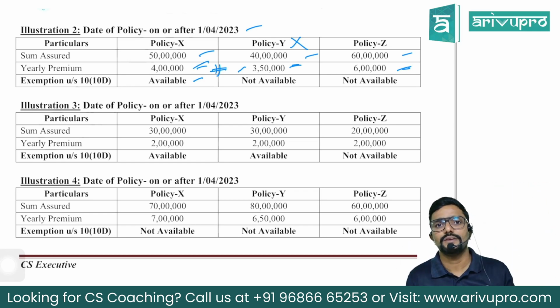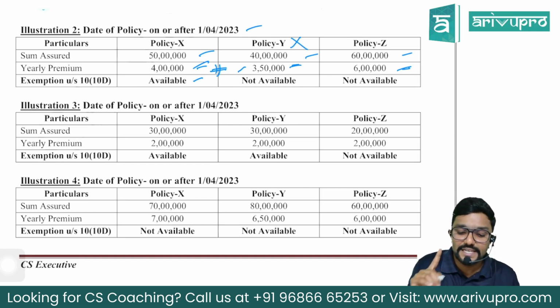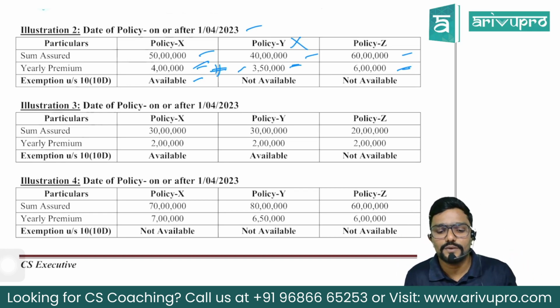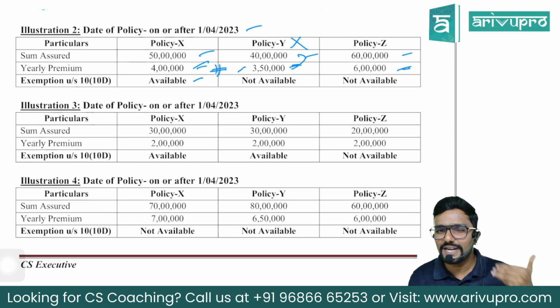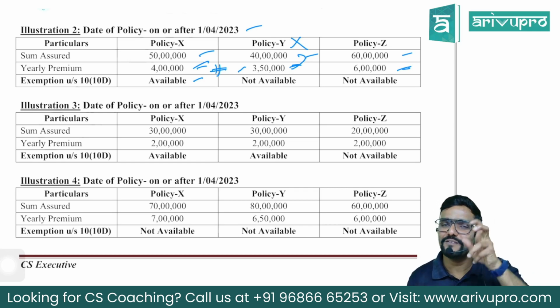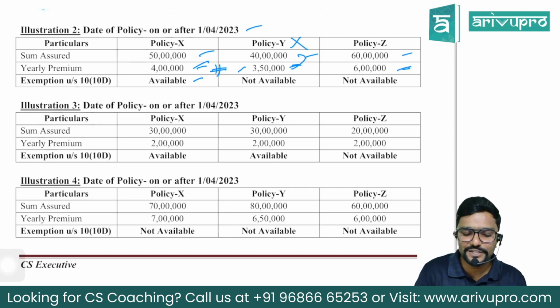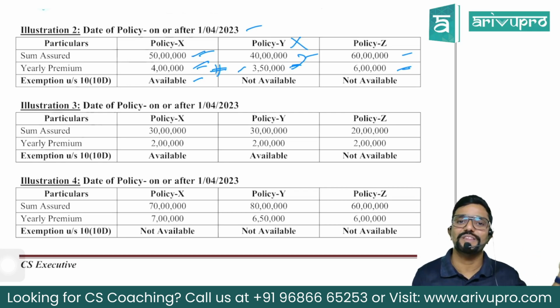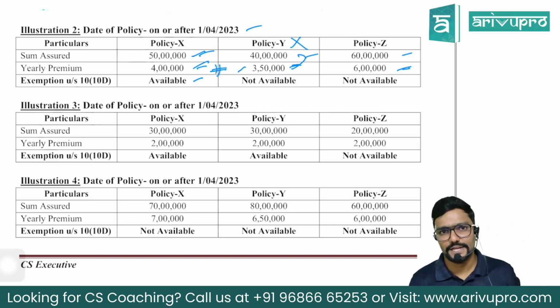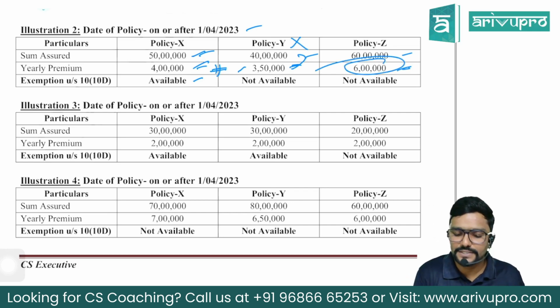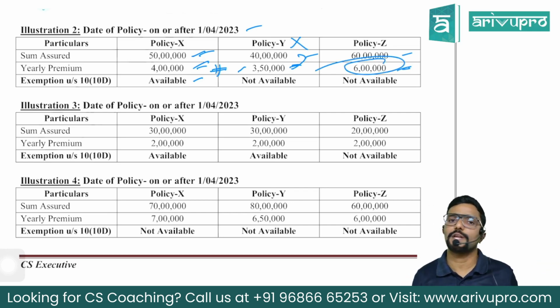Now you can ask me, sir, instead of X, can I claim only Y? Yes, you can, because percentage wise it is within the limit, and monetary wise it is within 5 lakh. But when you are claiming individually, go for the policy where the benefit is maximum. Where the sum assured is maximum, that is policy X. You have a choice between X and Y, but I would suggest going with policy X as the benefit would be maximum. Policy Z I cannot claim at all because individually itself it is more than 5 lakh.